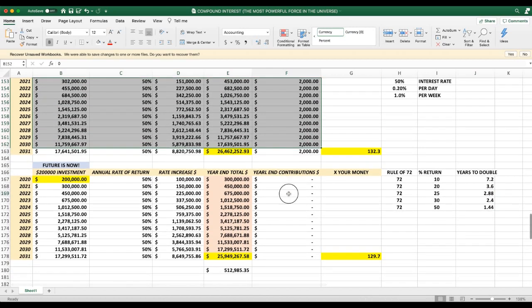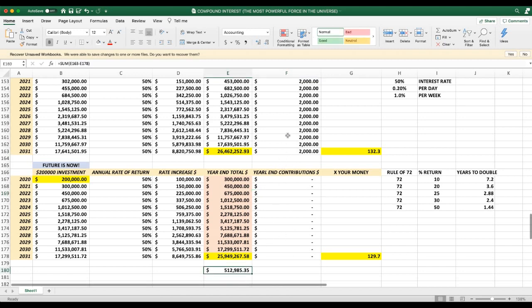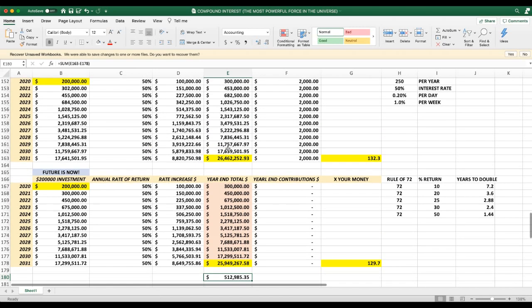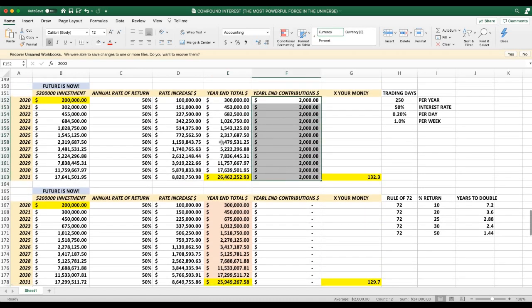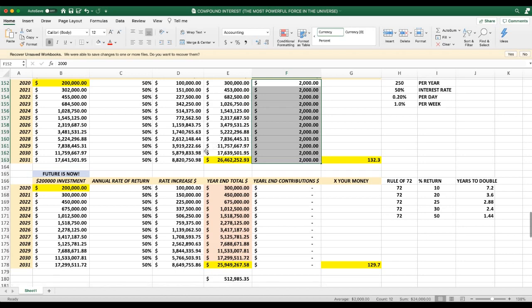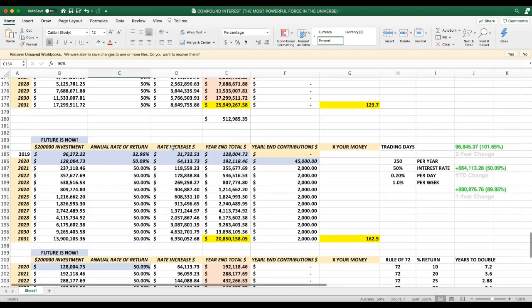This is with adding, and this is with not adding. You can see that with not adding that $2,000, it's a $500,000 difference. $500,000 just by adding that 2,000 extra because of the magic of compounding. That is humongous long term at that 50% number. Now, I have the actual numbers.